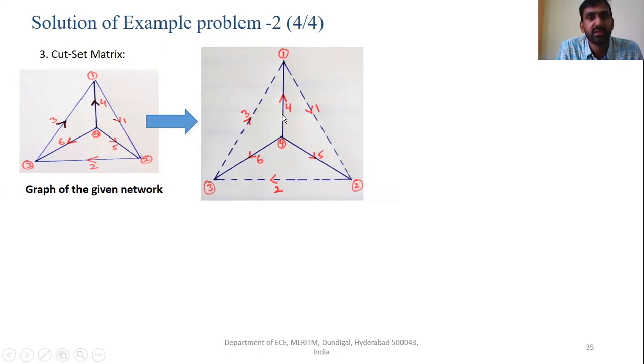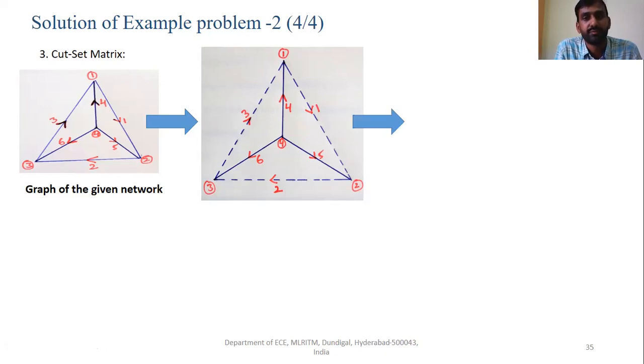So what are the twigs here? 4, 5 and 6 are the twigs. What are the links? 1, 2 and 3 are the links, right? Here the number of cut sets in the matrix is equal to the number of twigs. How many twigs are there? 3 twigs: 4, 5 and 6. How we obtain the number of twigs we have already discussed in the introduction lecture.